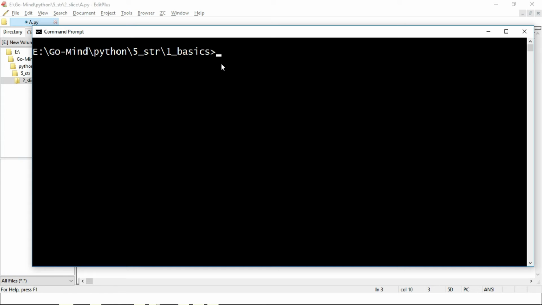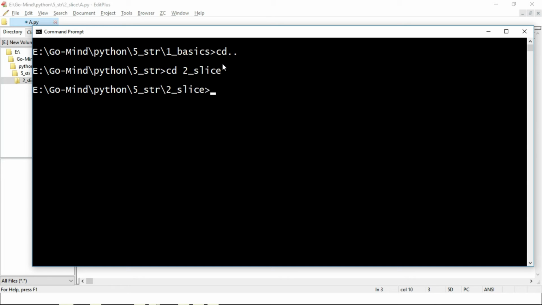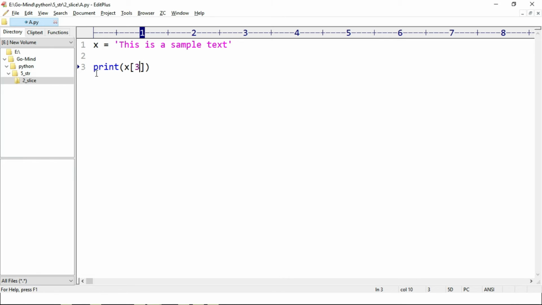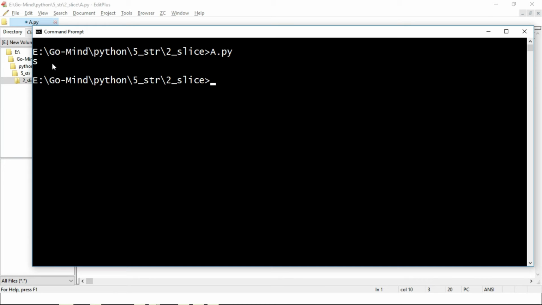So open command prompt, cd to slice, cls, a.py. So this is our 0 index, 1, 2, 3. This is our index 3, so we are getting the correct output. Okay,